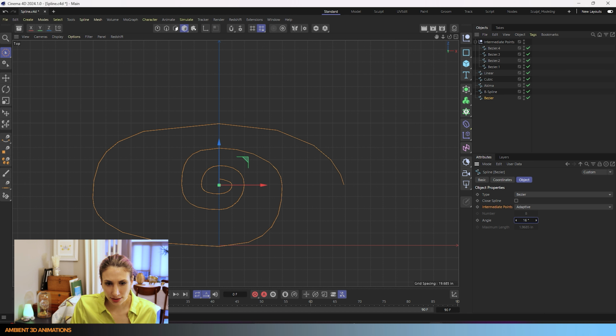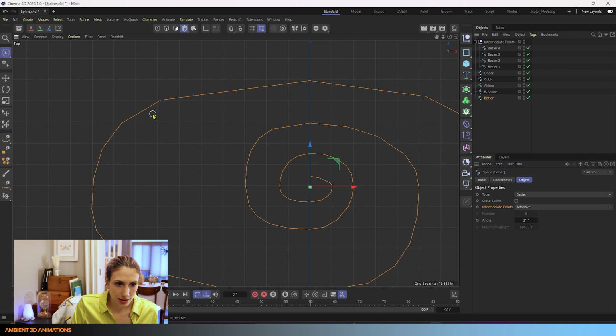Now, as we increase this, you can see this becomes more and more jagged, but you can also see that the most points are added along these areas of curvature, like here. There's many more points here than along here. We have 1 point right here for this entire area because it has less curvature, but along the more curved areas here, adaptive is adding in more points.